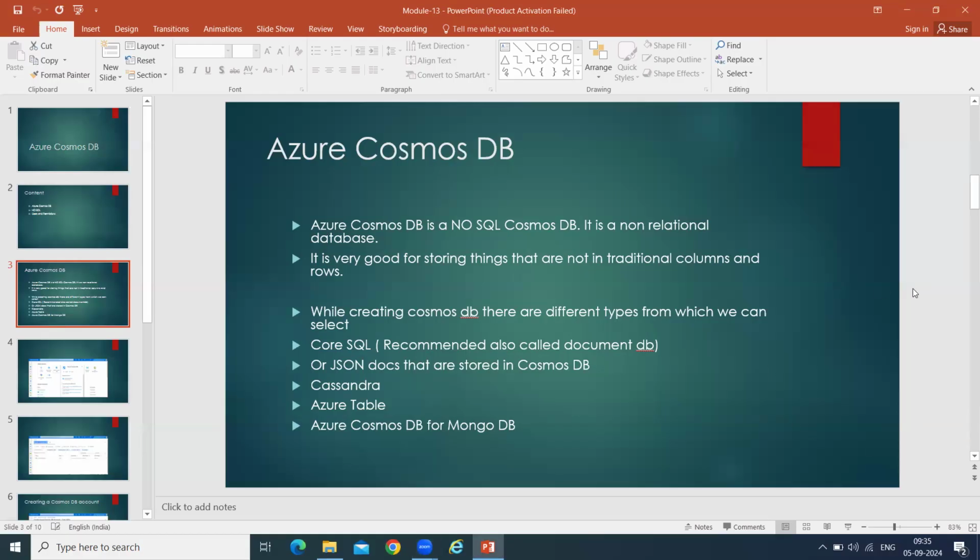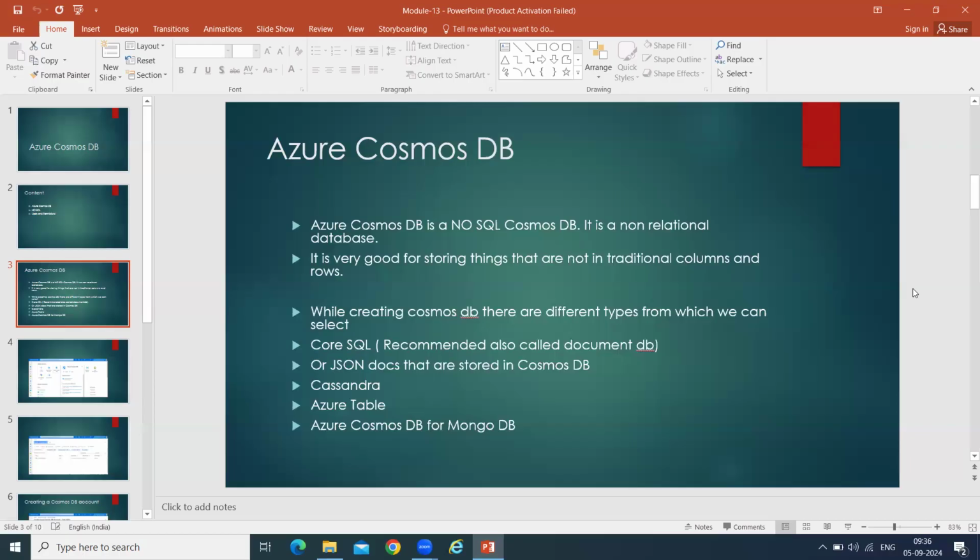While creating Cosmos DB, there are different types from which we can select. If you can open your portal and log in, when you click on Azure Cosmos, it will show you multiple options for which Azure Cosmos DB you want to select. Core SQL, which we mostly use, is the recommended one, also called the document DB or JSON documents. Others are Cassandra, Azure Table.